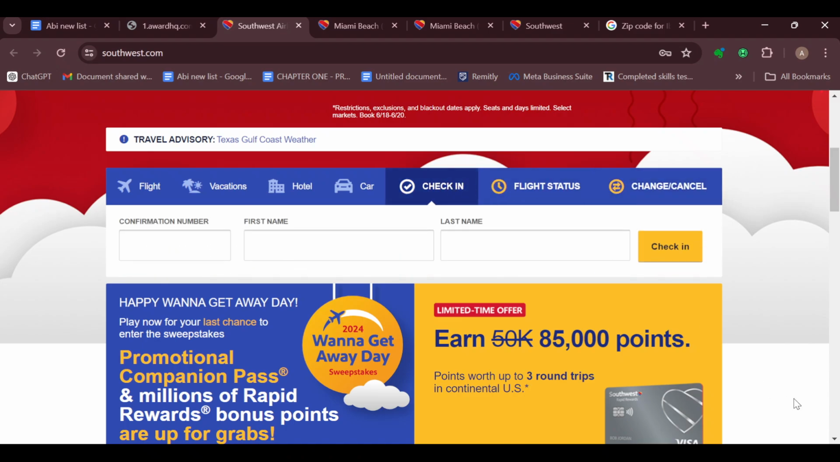All right. After clicking on check-in, another box will be displayed where you'll be asked to enter your confirmation number, then your first name and your last name. Your confirmation number is usually sent to you after you have purchased or booked a flight. So in the receipt sent to you, your confirmation number would also be there. So just go ahead, log in to your account and copy the confirmation number, paste it here, then click on